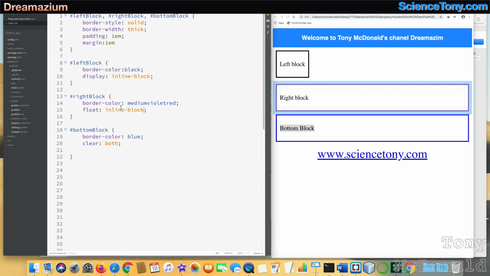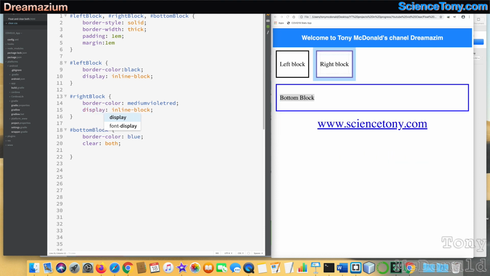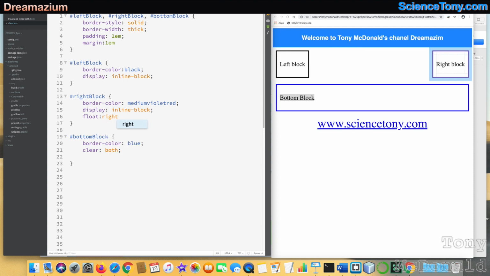That's not going to work for some reason, because it says float. So if I do display, now it is displaying it, and it's not in the right position though. So we would still have to use, excuse me, float to make it float to the right. Okay, so in that instance you might as well just use